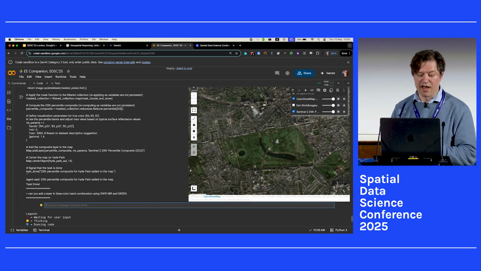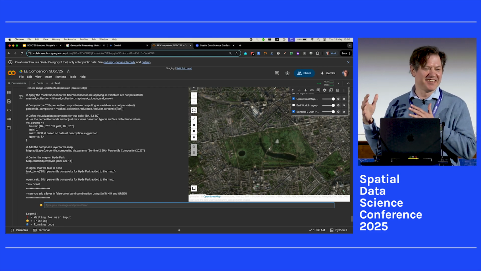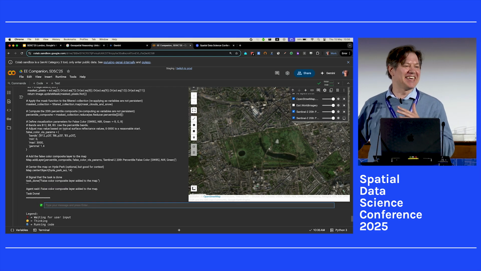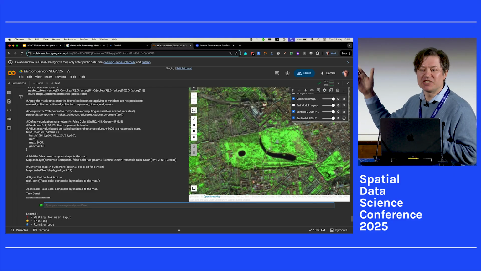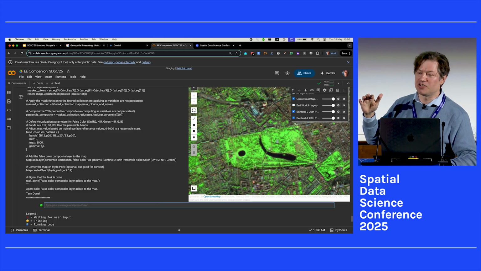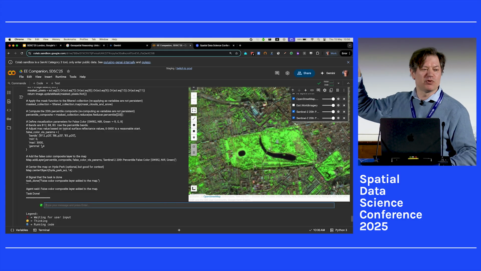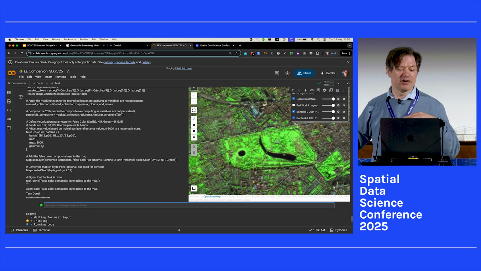Let's see if this will work. I did not check the depths of the lookup or thinking, understanding, whatever you call it, reasoning, but now it's used different bands. And I didn't even look at the code that it generated. So it knows which bands correspond to this specific false color or true color.